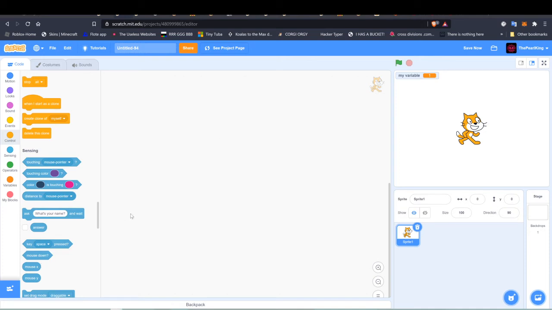So this one is about a tutorial of this website called Scratch. How to go to it is you type in scratch.mit.edu, like this up here right now. And this is a website that allows you to code, block code, and make games, and publish games to the internet,